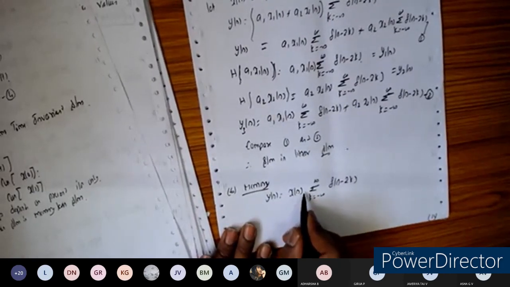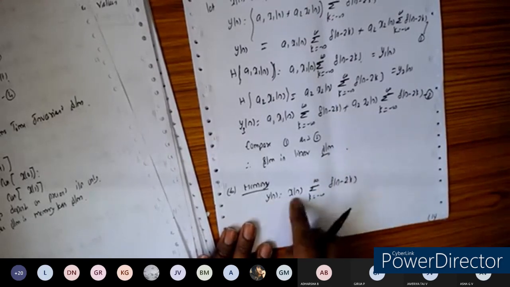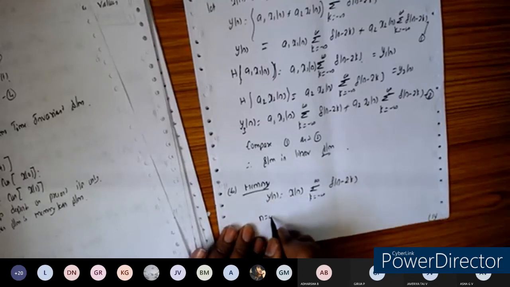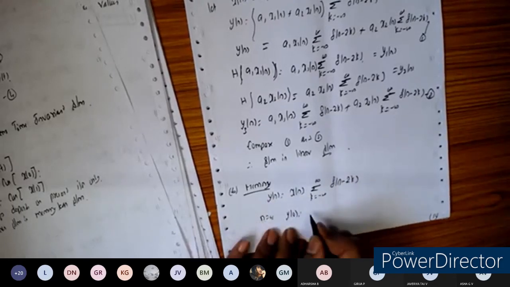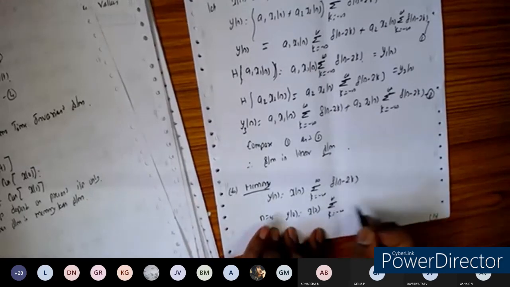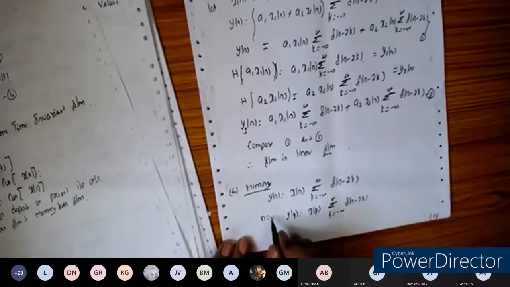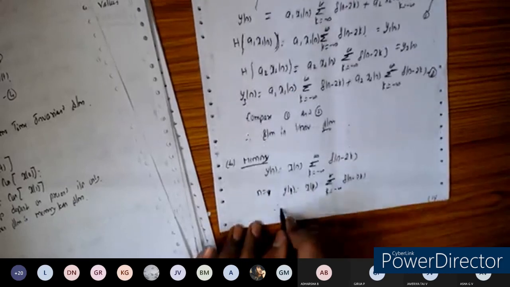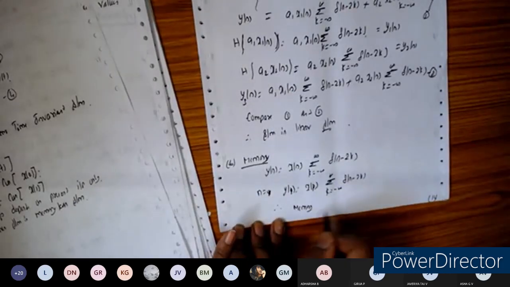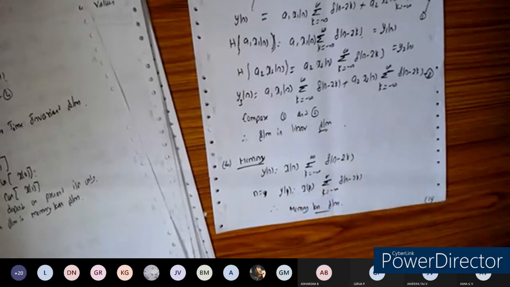For example, if n minus n naught or n by 2 were there, it would be different. So don't consider the rest of the things here, just consider these things. Since at n equal to 0, y of 0 depends on the input x of 0 only, multiplied by a scale factor, delta of n minus 2k. Or even if you want, you can say n equal to 1. So we can say the system is a memoryless system, since the present output depends on the present input only. Right? And also